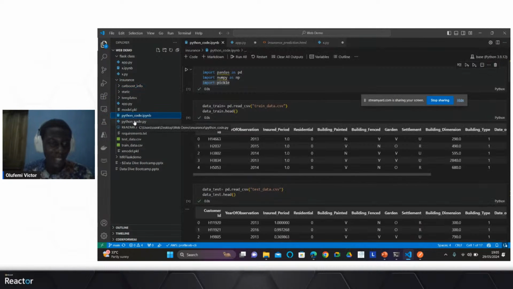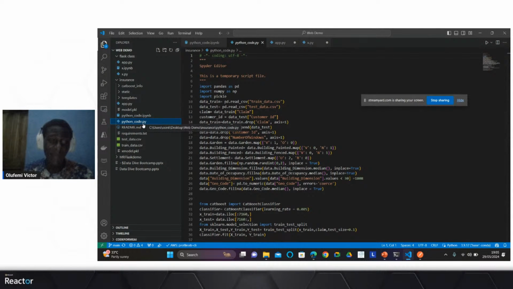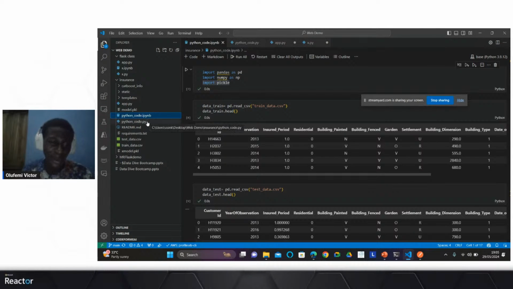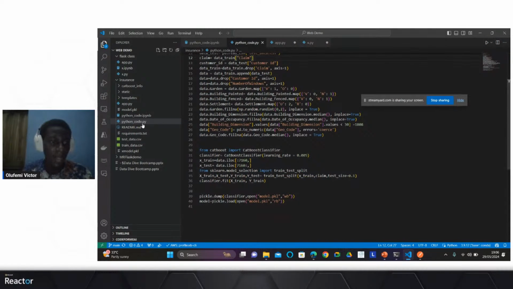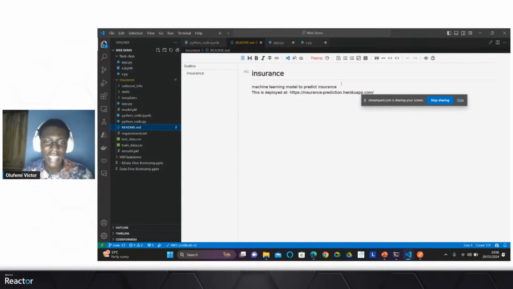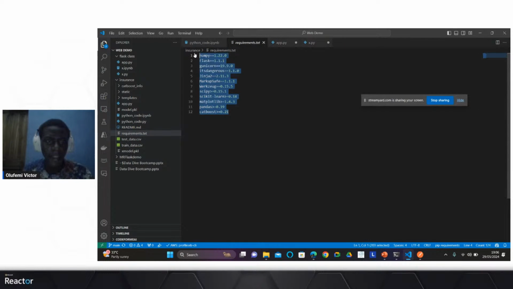So I've walked you through the Python code, and for this app.py, it's nothing new. I just simply converted all this, this is a Jupyter Notebook, right? So I converted it back into a simple py file so that you can see it as a script instead. All right. So for the README, I had this model deployed on Heroku, but of course, don't worry, we're going to use Azure for this demo.